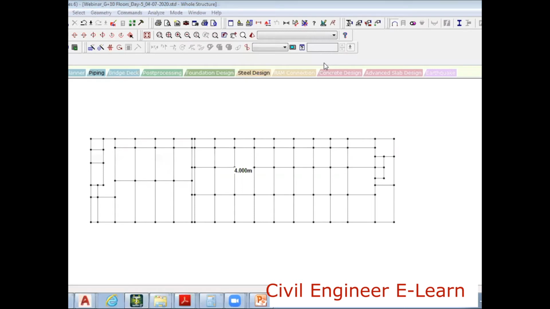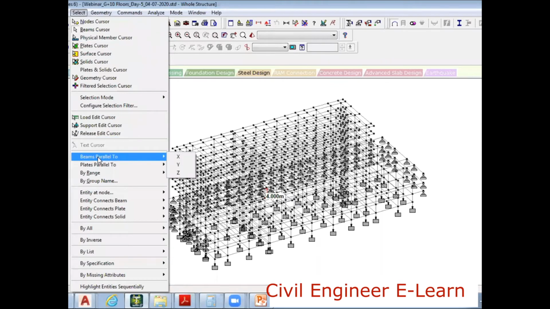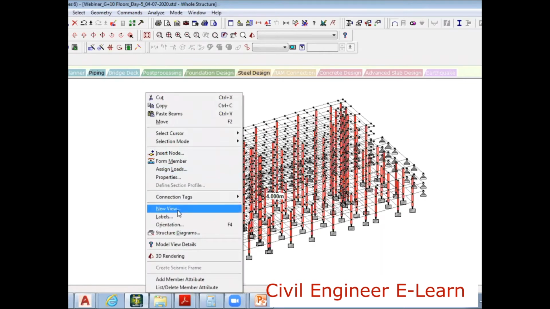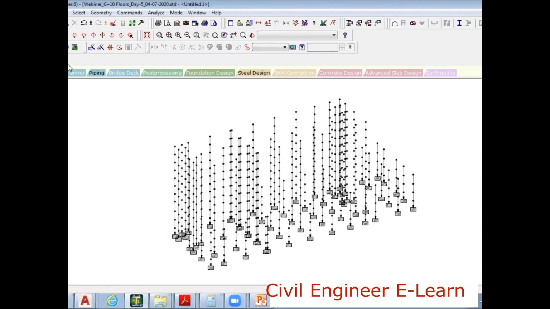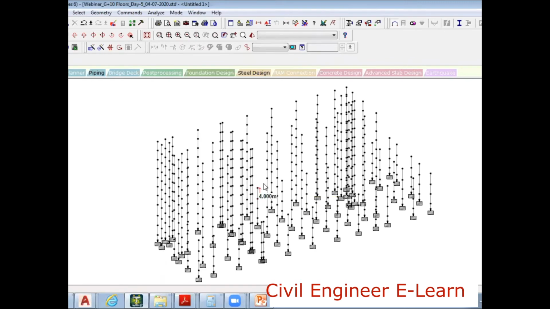Let me go to the remaining questions also. Saurabh Gupta, I'm using only, see, I select beams panel to Y direction, right click, new view, okay, and I'm just using scroll in, scroll out. That's it.